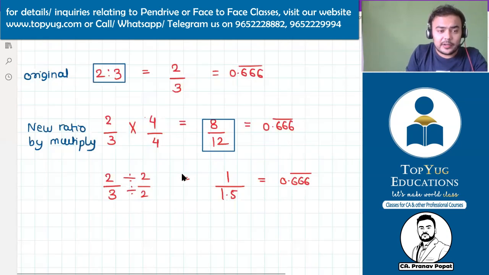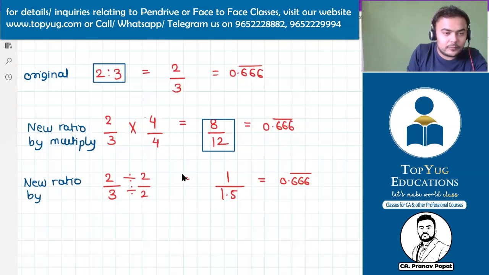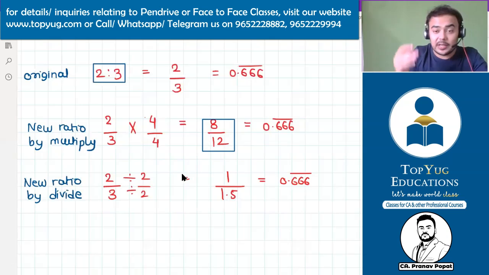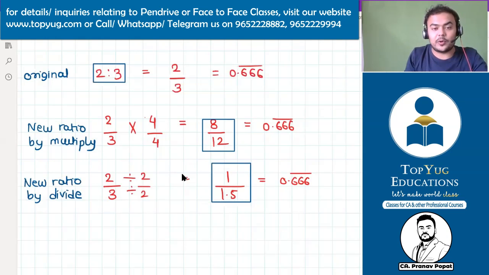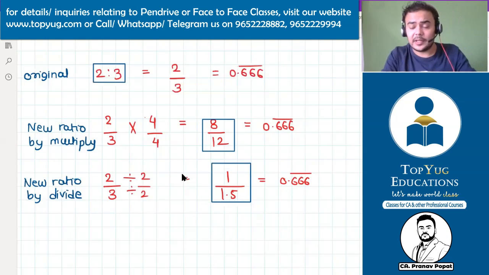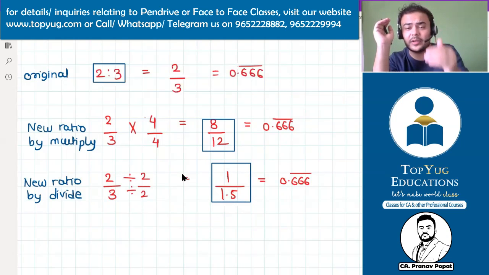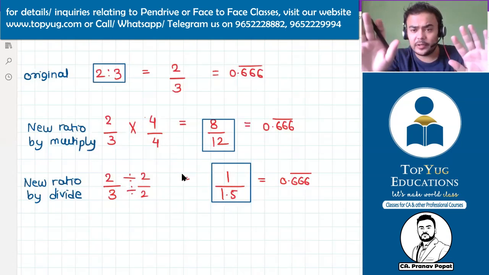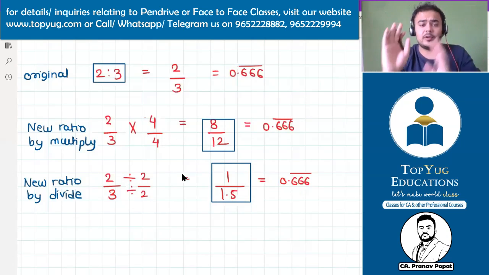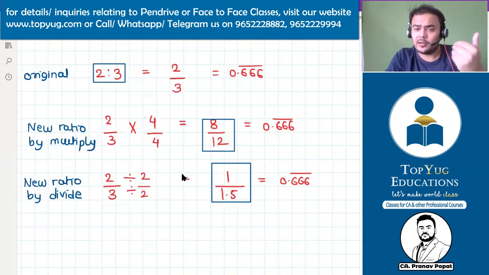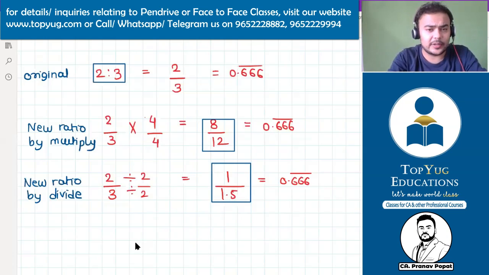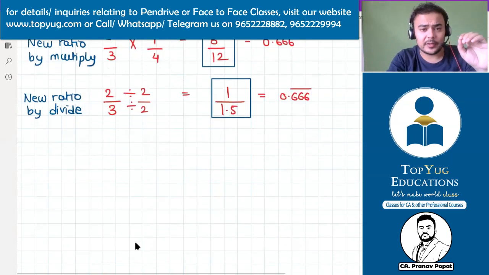Similarly, let's not multiply, let's divide the new ratio. But remember, you need to divide the same thing in numerator and denominator. So all these things are equal. That is what the property is. Even if you multiply with the same number to the numerator and denominator both, or you divide the numerator and denominator both, the ratio will not change. Is this point clear to everyone? And how will you check? Just by calculating decimal, we can check this point. Okay, this is clear.